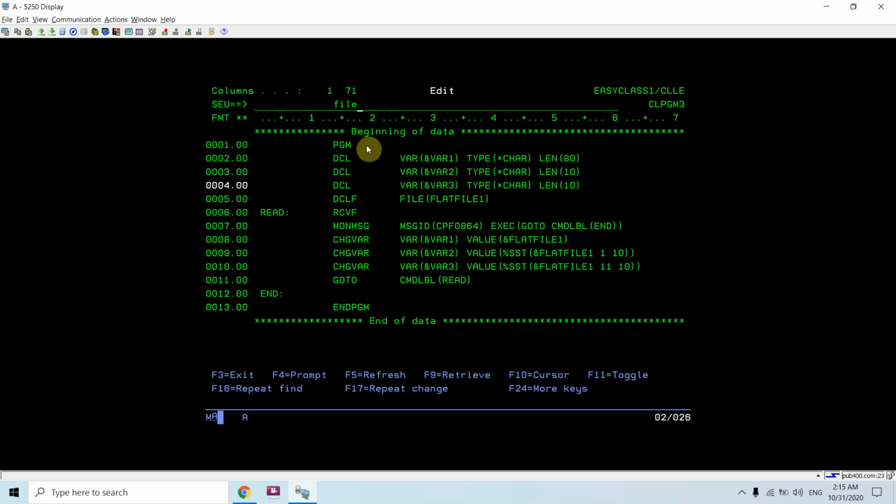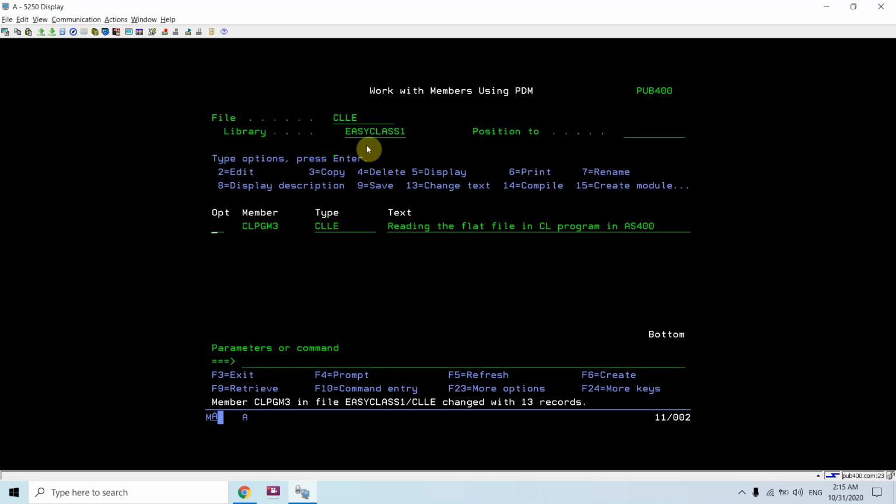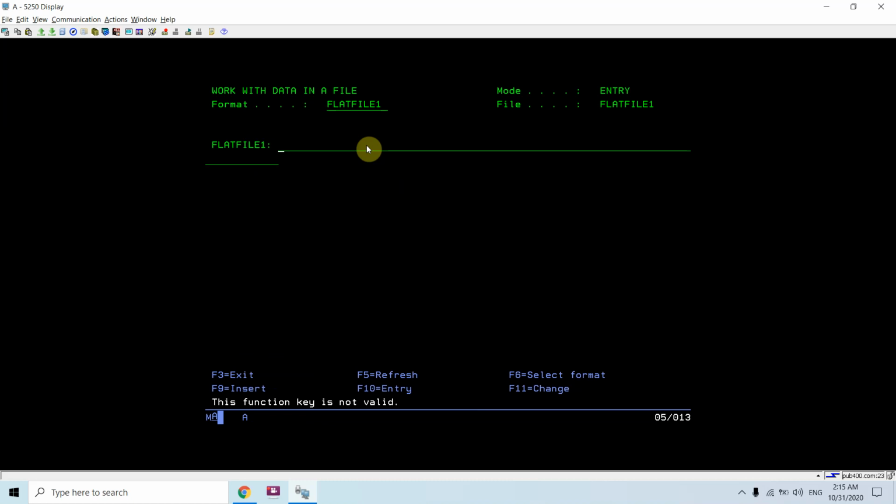Okay, so the first thing is to insert data in FLATFILE1 so that I could read that.